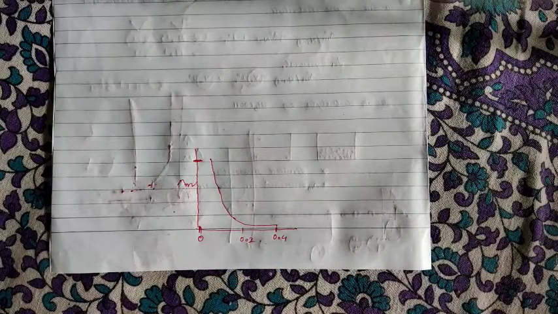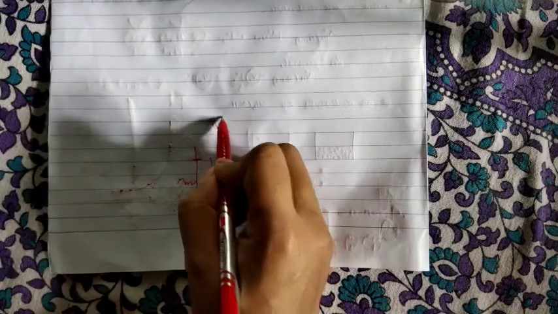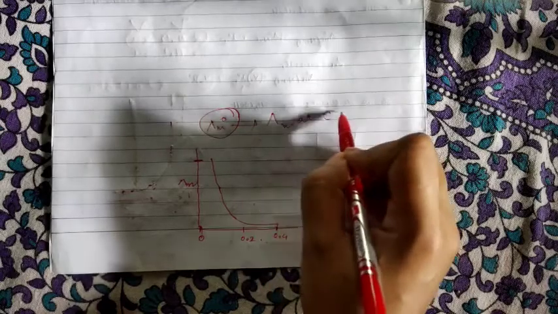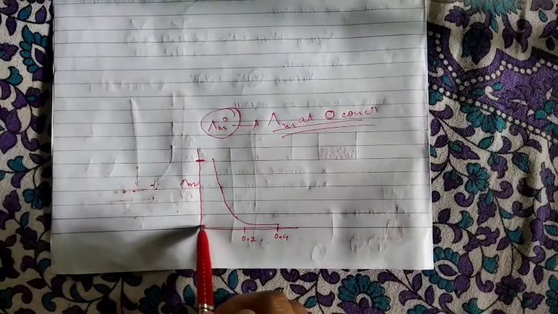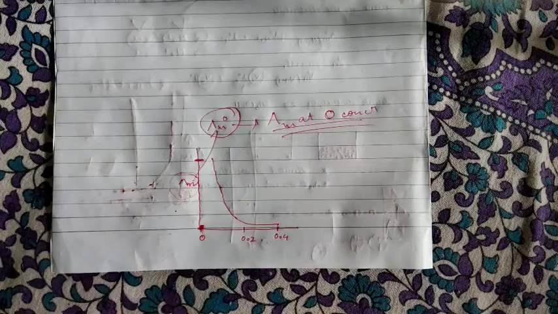The most important question for weak electrolytes in relation to this plotting of the graph is: why can we not measure the limiting molar conductivity of weak electrolytes? Let me repeat once more the question: why can we not measure the limiting molar conductivity of the weak electrolytes? So let us rewind once again. What is limiting molar conductivity? It is nothing but the molar conductivity at zero concentration. Clear? Whatever the value of lambda m is at zero concentration, that is the limiting molar conductivity.